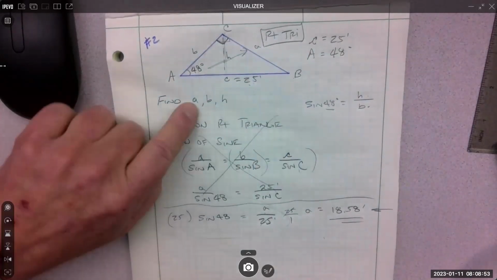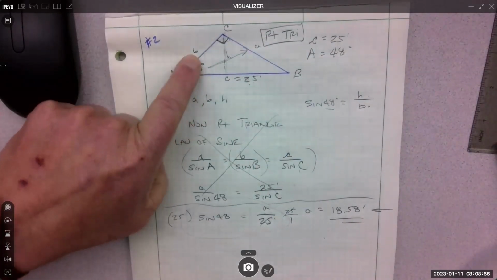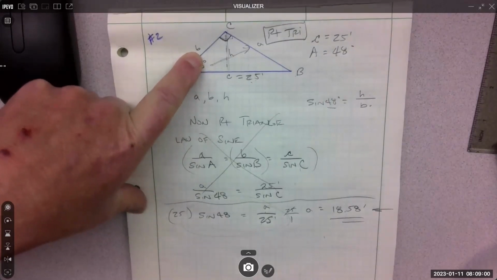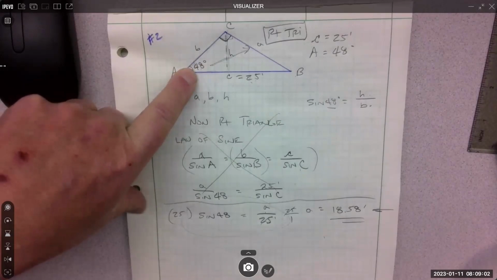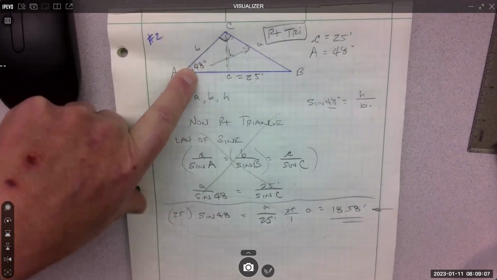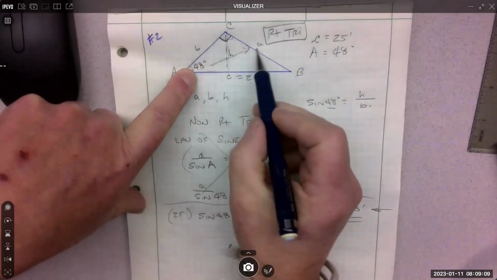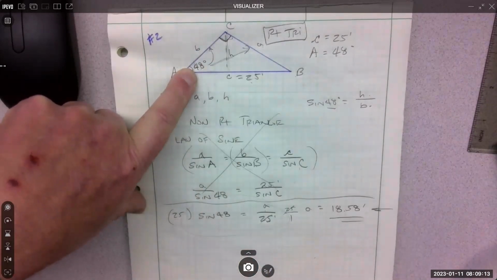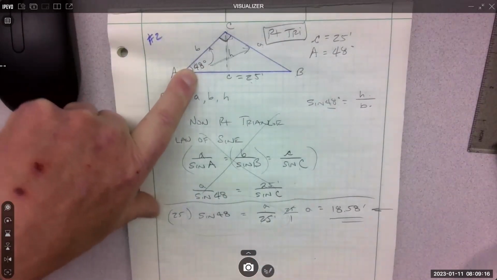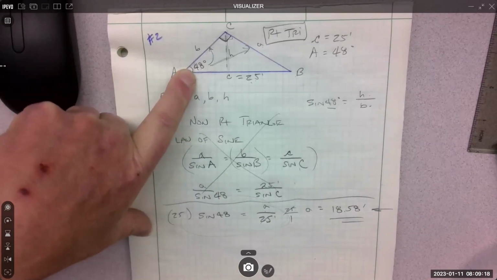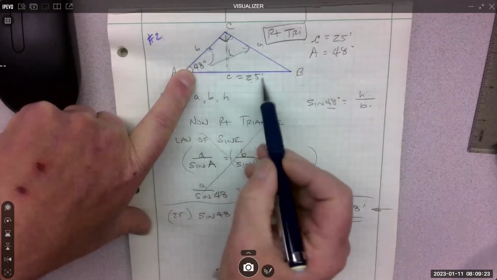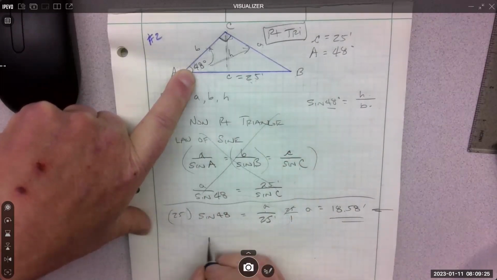All right, what else did we want? We wanted B. That's this. What should we use? Sine, cosine, tangent. Which one? We just use sine to get A. Cosine, yeah. So my own philosophy is I try not to use what I just calculated because I could have screwed that up. So I want to use B, which is the unknown, and then 25 again. So cosine